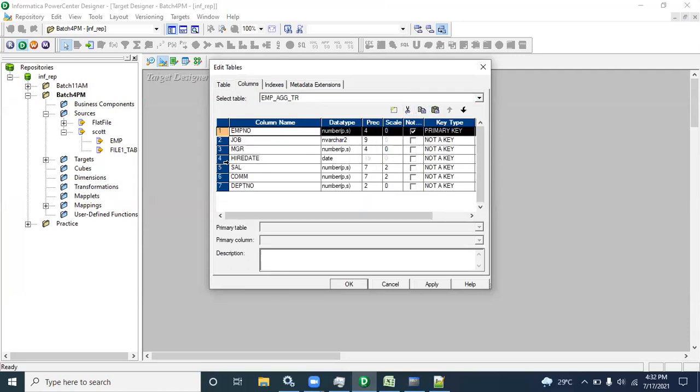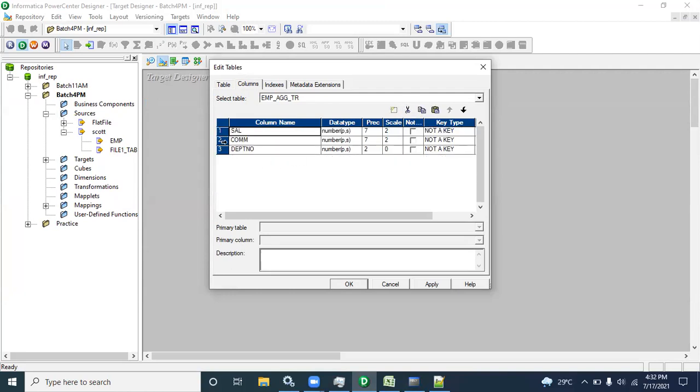I only need department and sal. You can call it sum of sal. Then copy the same thing and paste it over here: sum of sal, max sal, min sal, and average sal. Those 4 things.